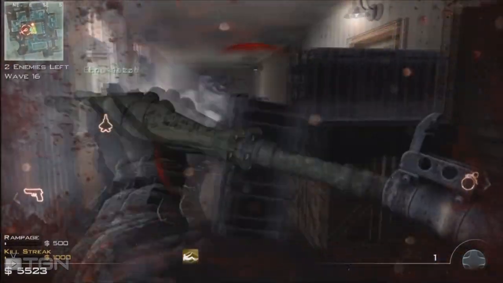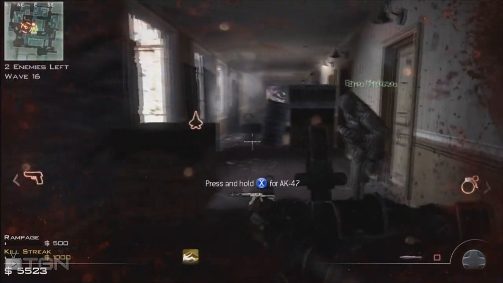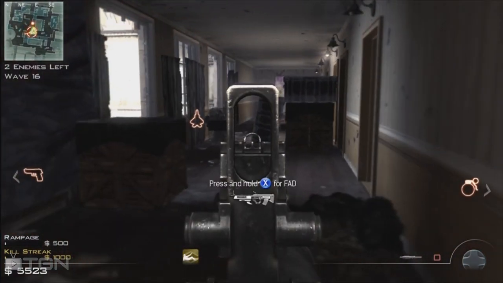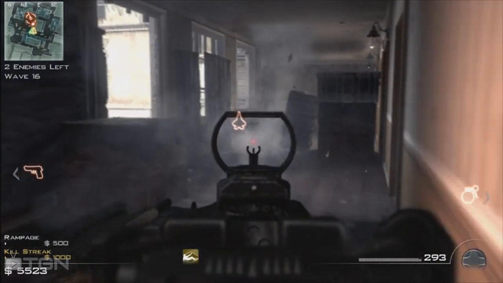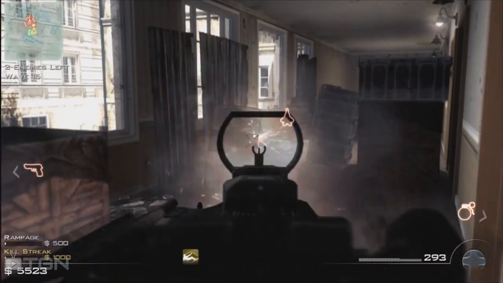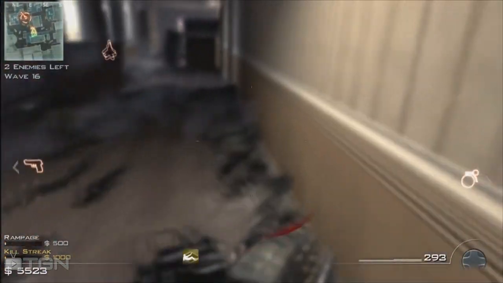Make sure your other guy definitely covers you, because the dogs will interrupt your launch and it'll screw you up. And you'll lose your Predator, and you're pretty much screwed at that point. If you've got 3 or 4 Juggernauts coming through the hallway, there's nothing you can do. But as long as you can take out 1 or 2 of them, you're going to be pretty much good